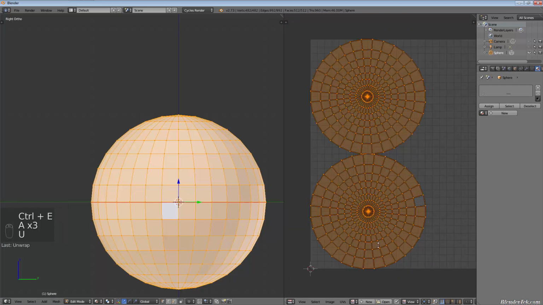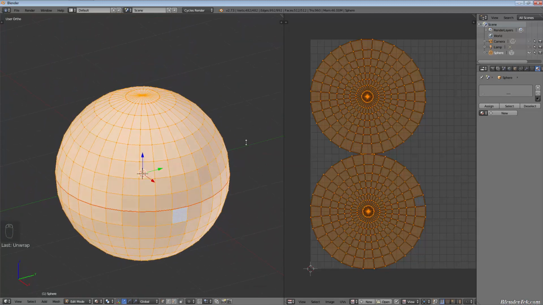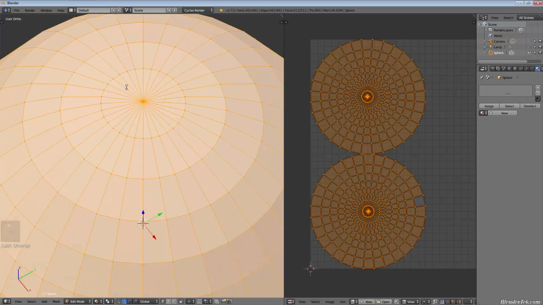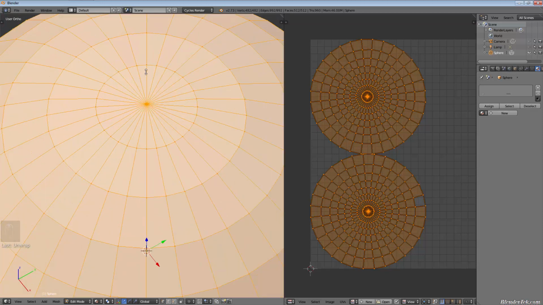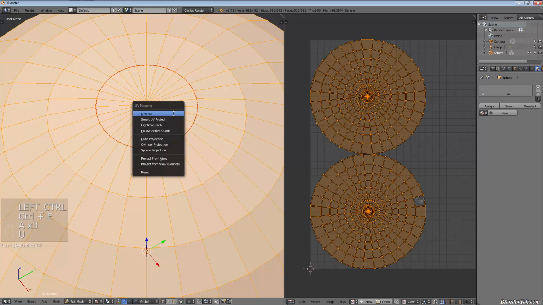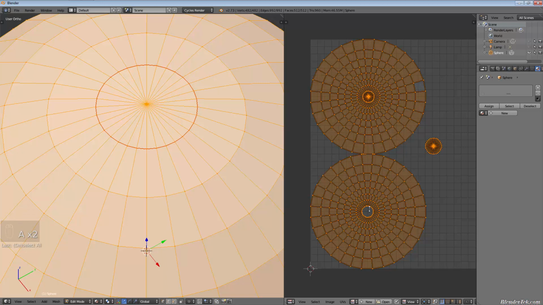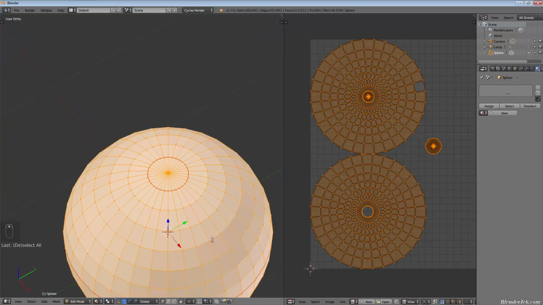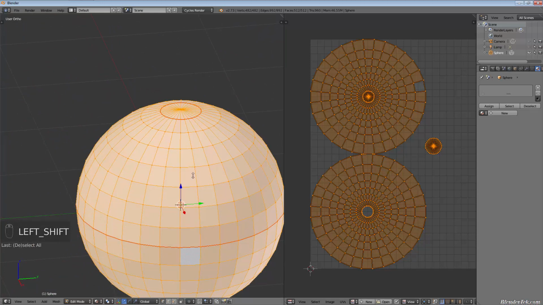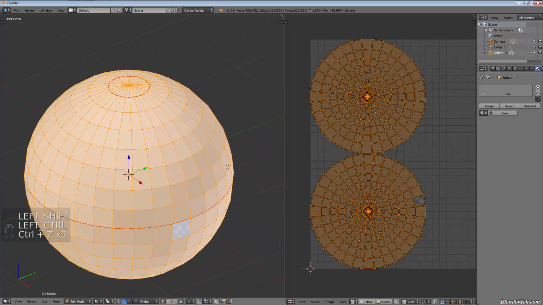However, we would get stretching to a certain degree because of the way it's unwrapped perfectly flat. Obviously you can change this if you wanted the top to be a separate piece. For example, you could select that and mark that as a seam, re-unwrap, and then it's going to be a completely separate part that you can texture separately compared to the rest of it. So depending on the amount of polygons, you could obviously do that for each loop or whatever parts of your object. But forgetting that, let's export this out